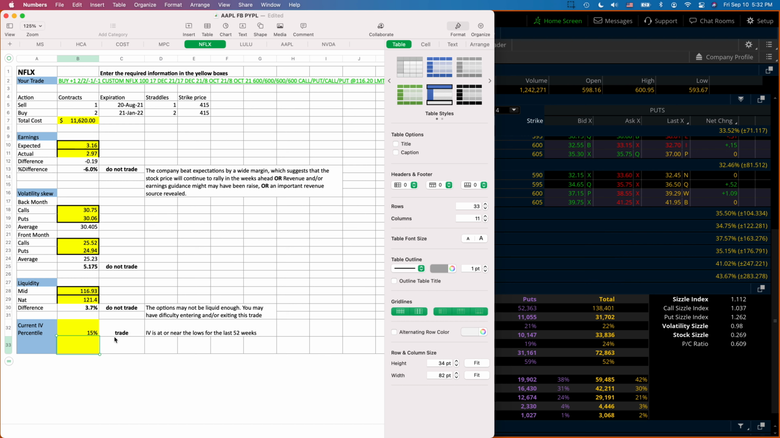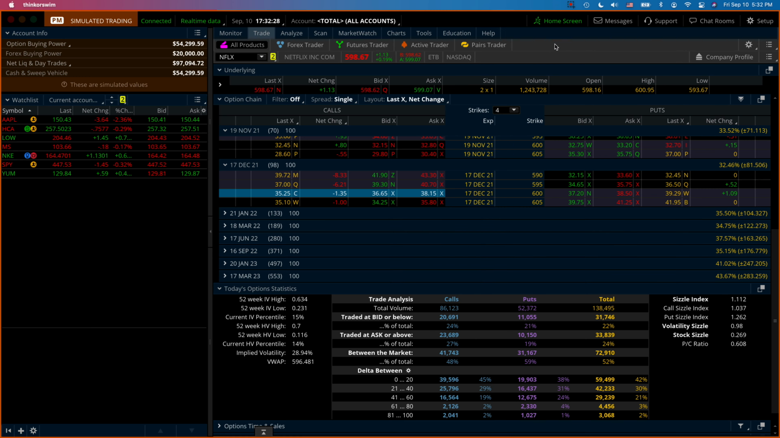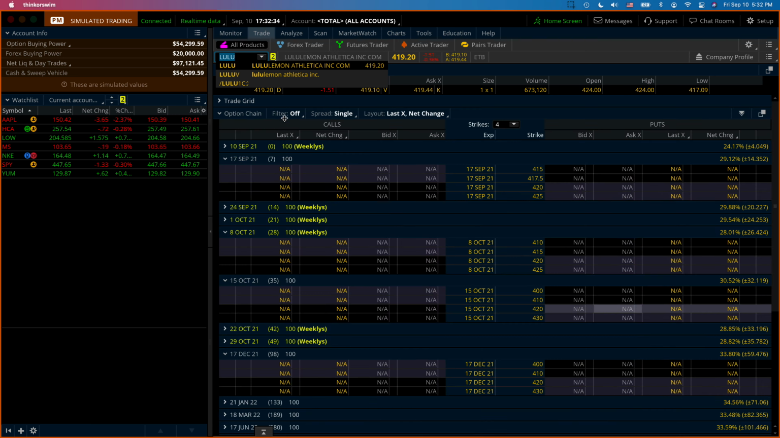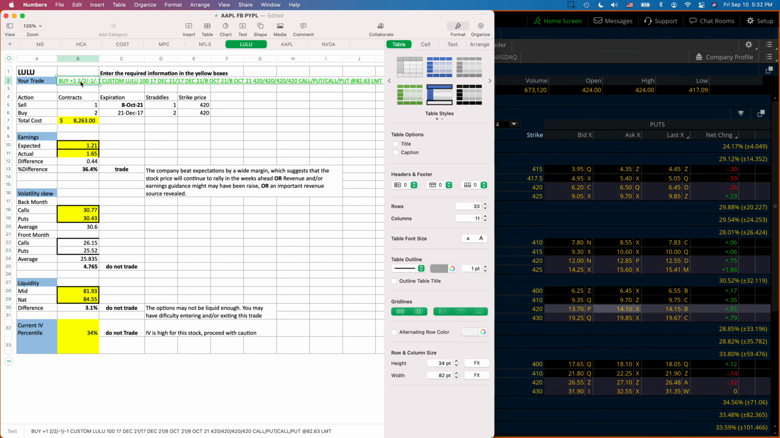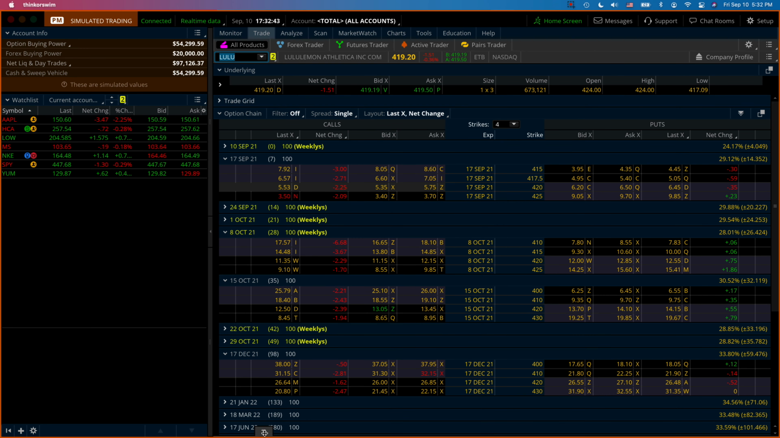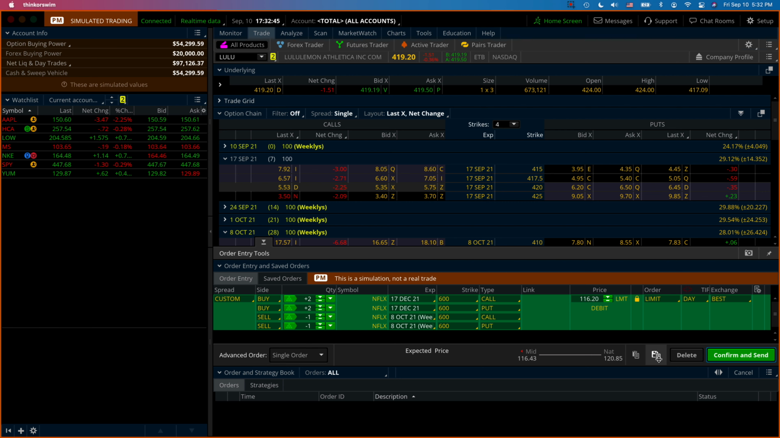But that's the only thing we have to trade, to do the trade for. So forget about Netflix. Let's go to Lulu, which reported earnings and jumped. So let's go to Lulu here. I copied the trade in the same way, so we can bring it back. Copy it from your spreadsheet, and you can paste it here using this little